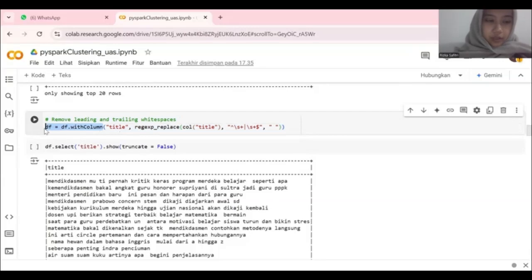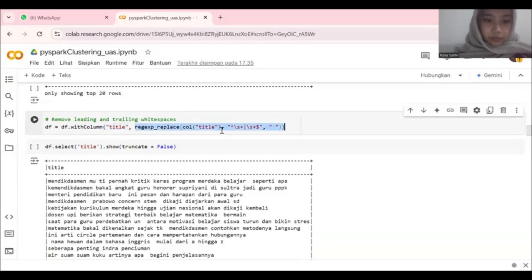This code, df withColumn, we can create a new column or update an existing one in the data frame. And title specifies that the operation is being applied to the title column.